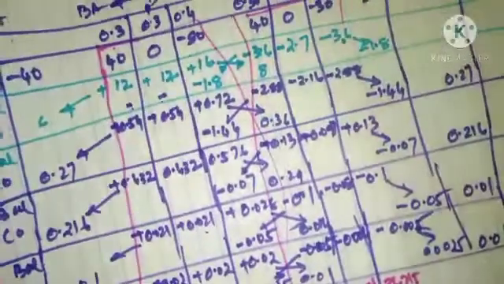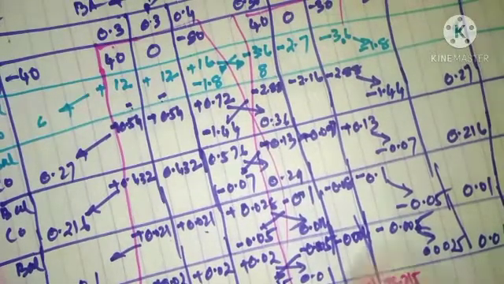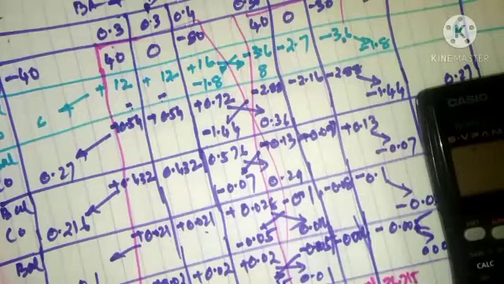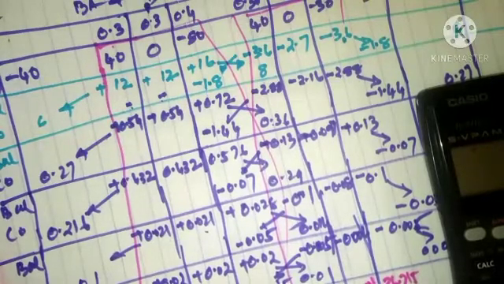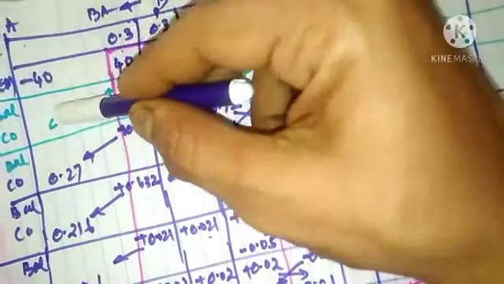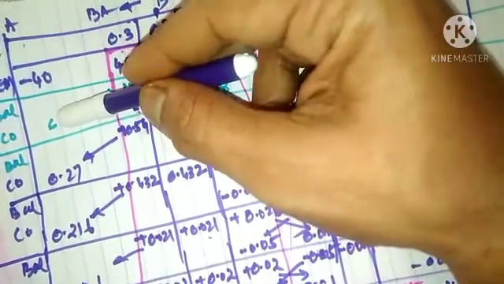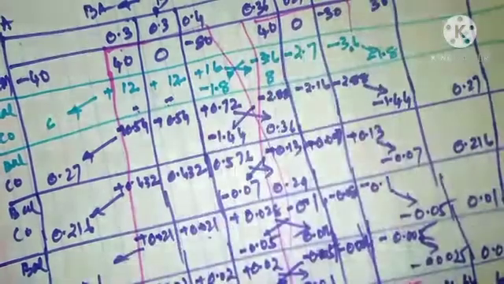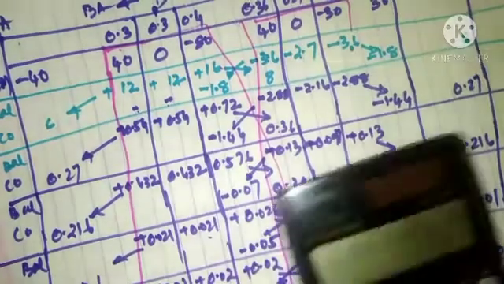We shall try to find out the moment at A, D, E and F, which are nothing but the column positions. Whatever value of the moment you get, half of the value shall be transferred here. That is, exactly half of the moment shall be transferred to point A in terms of minus. That is what we need to verify. So if we add 40 minus 40 plus 6, 35.27, 216.01, all these particular values,